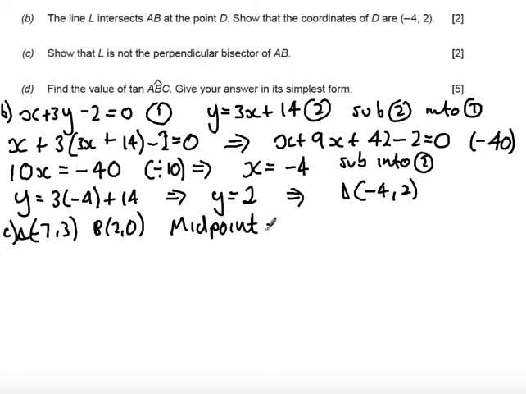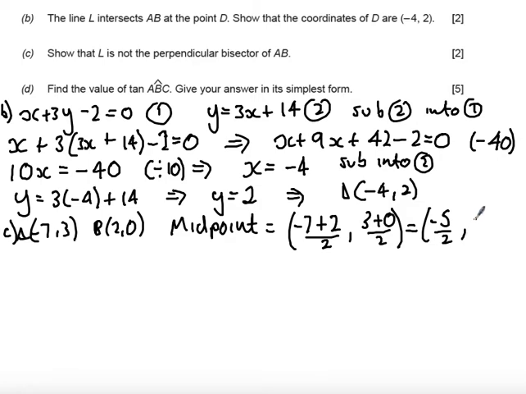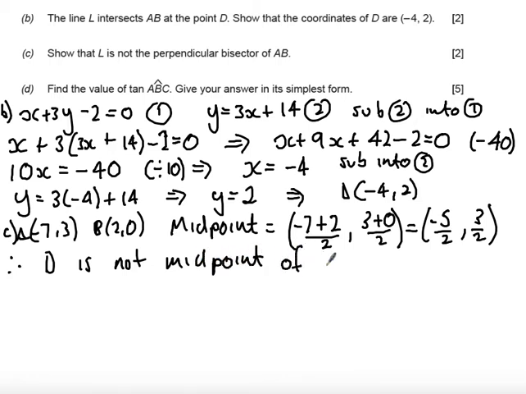So the midpoint is equal to minus 7 plus 2 over 2, and 3 plus 0 over 2. So the midpoint is given as minus 7 plus 2 is minus 5 over 2. I'm just going to leave it as a fraction. And 3 plus 0 over 2 is 3 over 2. So therefore D is not the midpoint of AB. And so L is not the perpendicular bisector